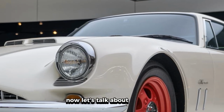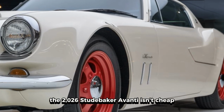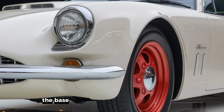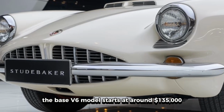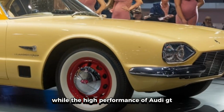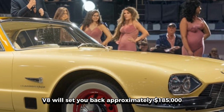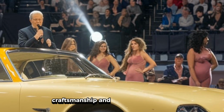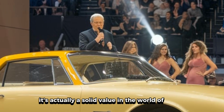Now let's talk about the price. The 2026 Studebaker Avanti isn't cheap, but for what it offers, it's surprisingly competitive. The base V6 model starts at around $135,000, while the high-performance Avanti GT V8 will set you back approximately $185,000. Considering the performance, craftsmanship, and exclusivity on offer, it's actually a solid value in the world of luxury GTs